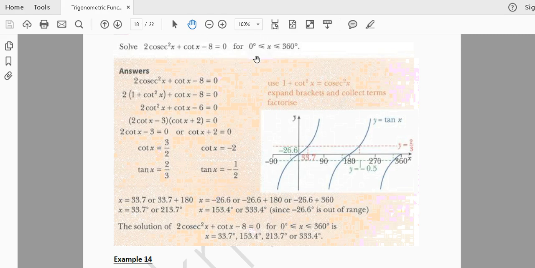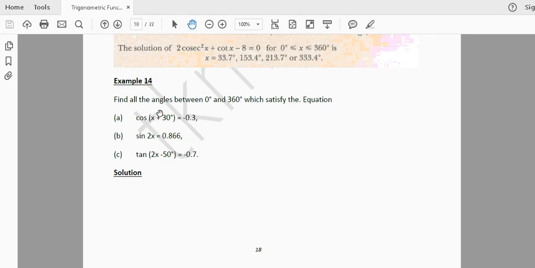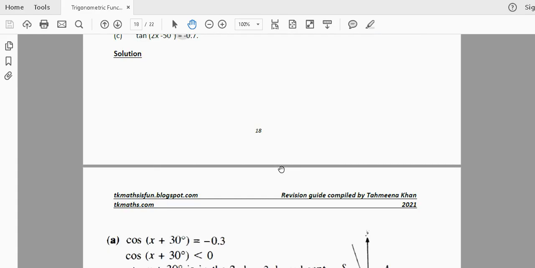And it is extremely important to notice the range within which you have to give all your answers. While you're solving, this sketch is not required. I just put it up here for visual understanding. And whenever the angle is not just x, and it is like 2x, x plus 30, or something, please remember the effect of this comes on the range. The range is changed. For example, right now the range is 0 to 360. So for each case, the limits of the domain will change.